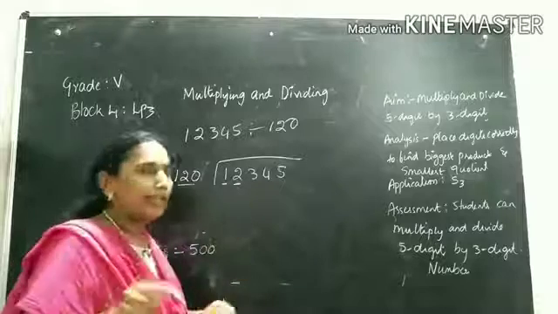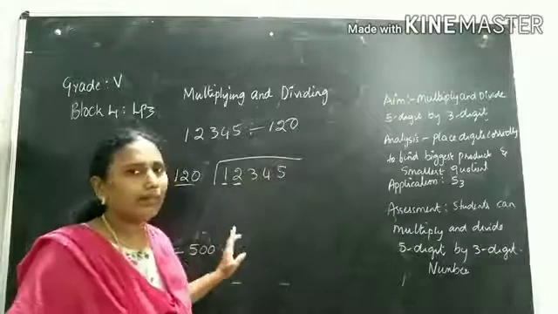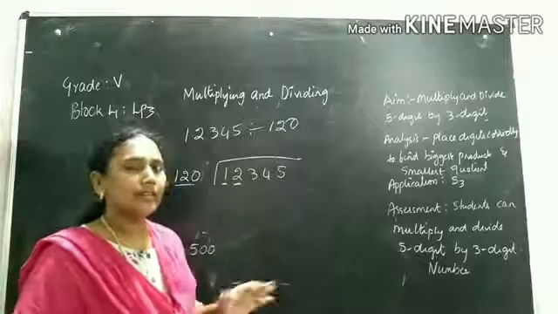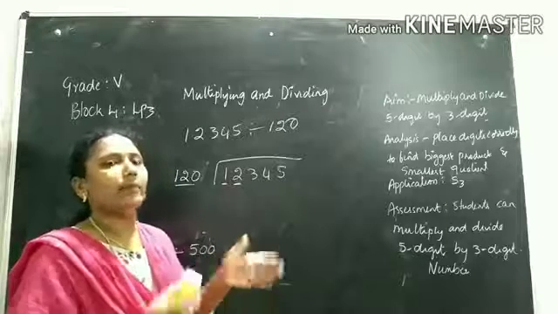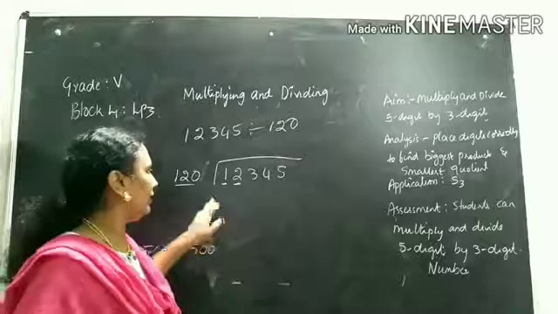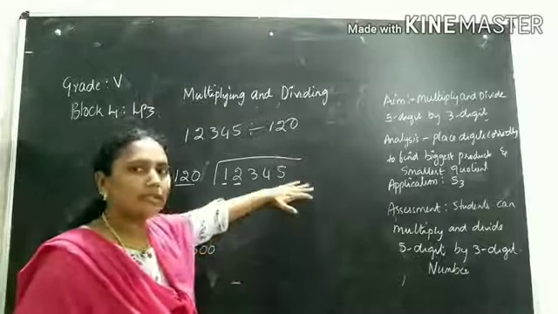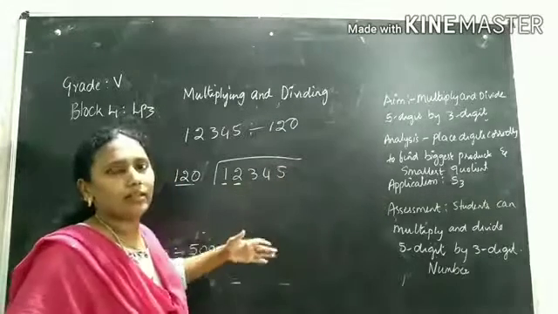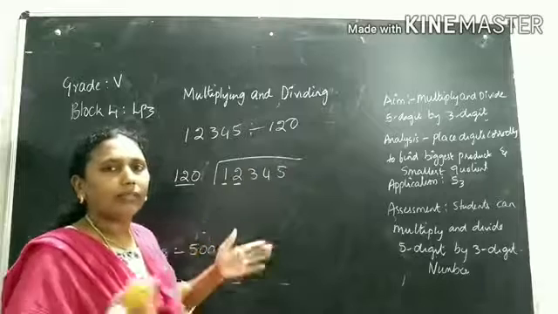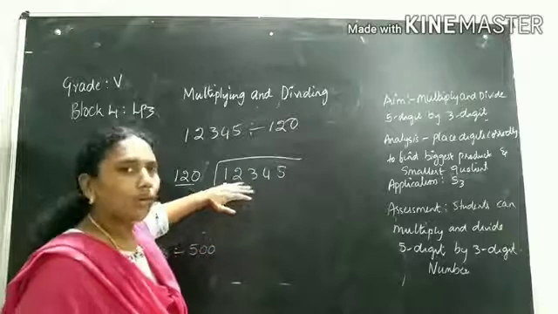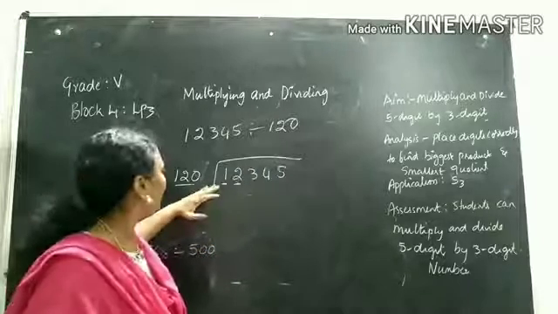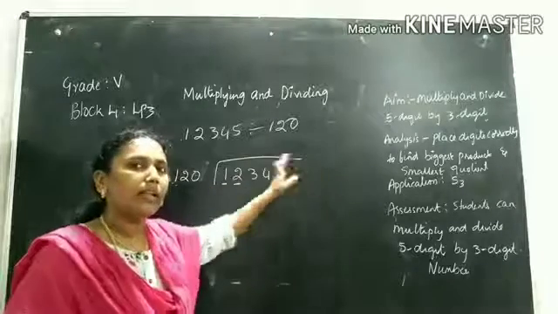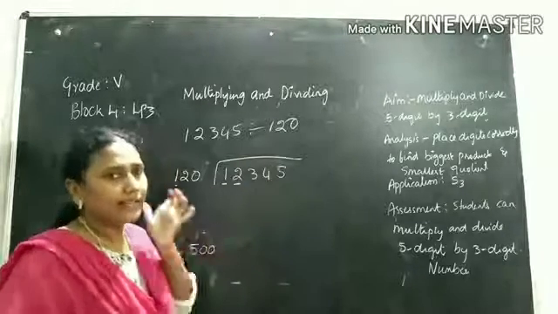When I am multiplying, I multiply from the right side. But when I am dividing, I go from the left side. See the difference when I am multiplying and when I am dividing. I am not dividing from the ones place because I have to make them into parts. I'm not doing multiplication, so I'm not finding a product. So when I divide, I am dividing from the left side, and when I am multiplying, from the right side.